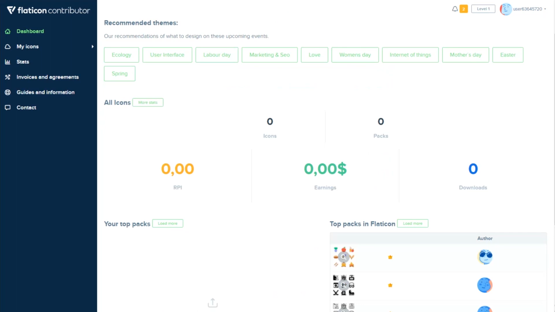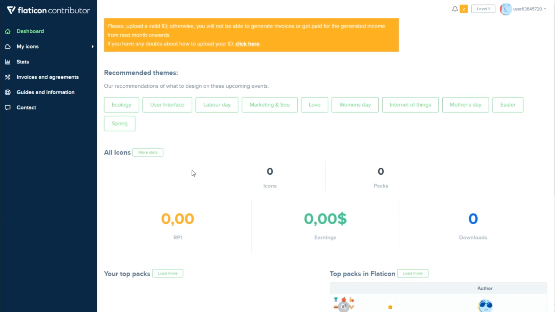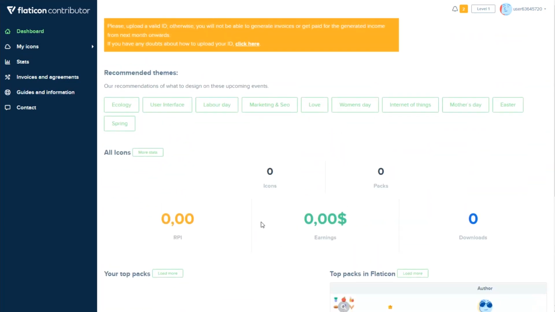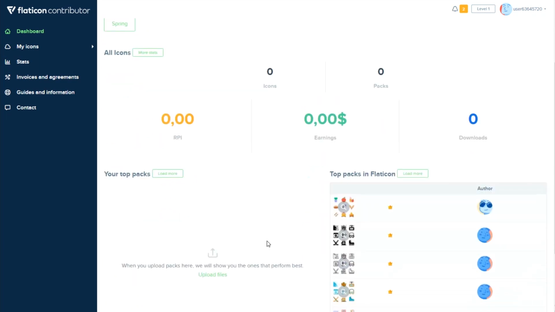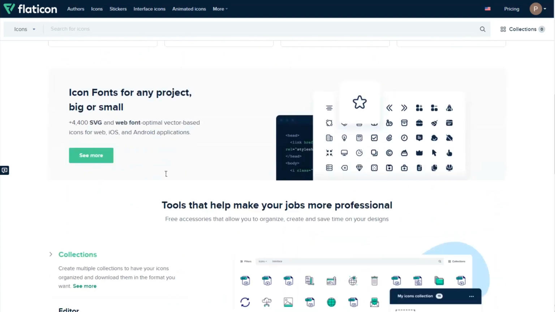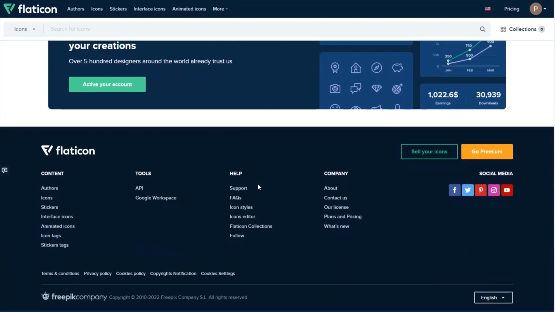When you select the dashboard link, you'll be directed to this site, where you can see your username at the top, however many emojis and icon packs you've previously contributed, and your everyday revenues as you scroll down. Now we're trying to obtain a large amount of free emojis, which we can then post on our website and earn income from. So go back to flaticon.com and keep scrolling to the very bottom of the page to this link,